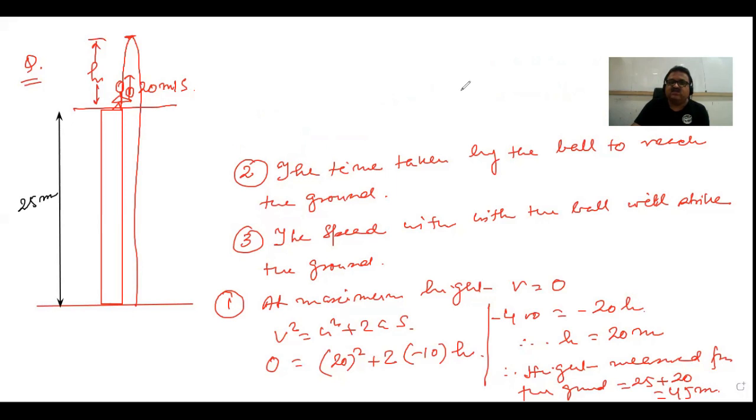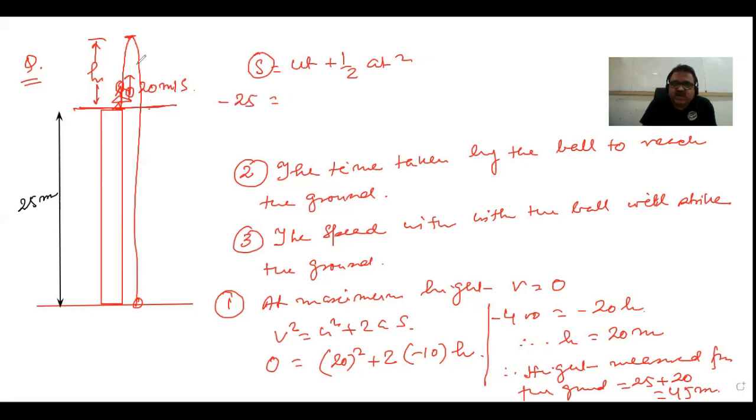Okay. Now look here carefully again. Throwing the ball from this point in upward direction, it is moving up, comes to this point, displacement is 0. Now it goes down, so displacement is negative. So applying this formula, s is equal to ut plus half a t square. What is s? s is the displacement. Now this is the level of throw and the ball ultimately comes here. So displacement is minus 25.